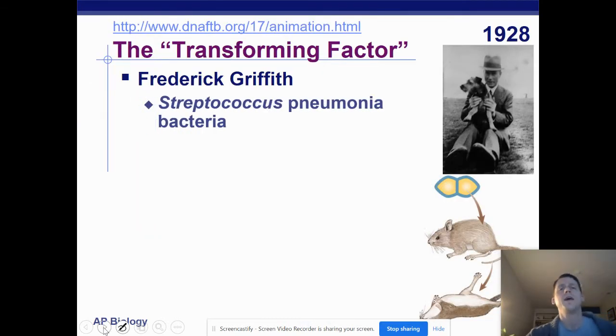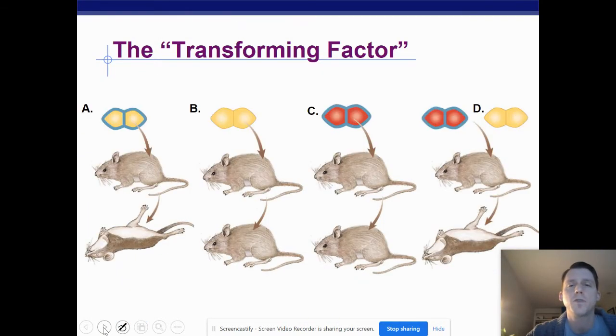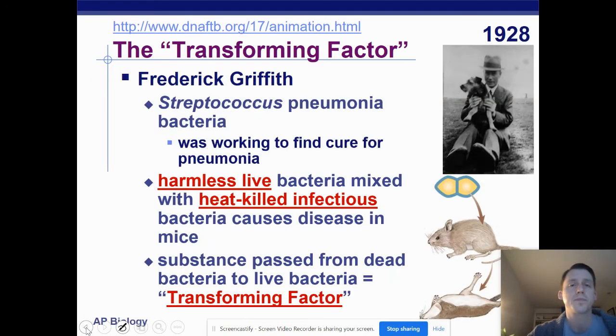Okay. And then we had the Griffith experiment. I'm going to pass over this because we already looked at it. The Griffith experiment was when he injected different strains of bacteria into mice. The harmless live bacteria mixed with the heat-killed infectious bacteria actually killed the mice. If you remember, his experiment